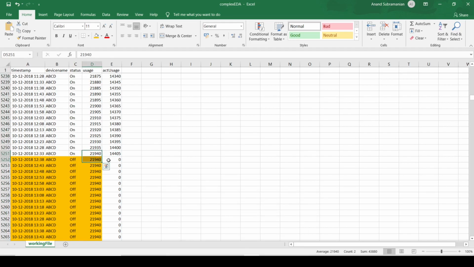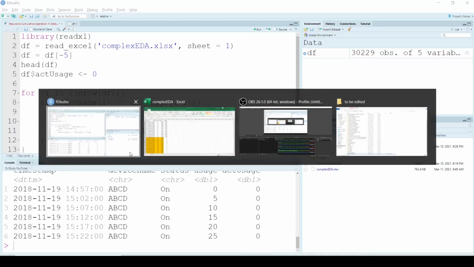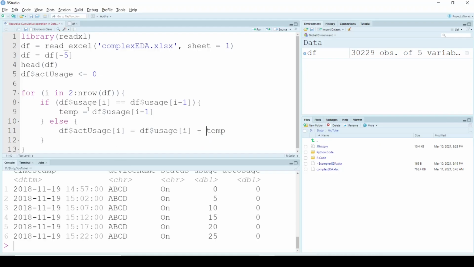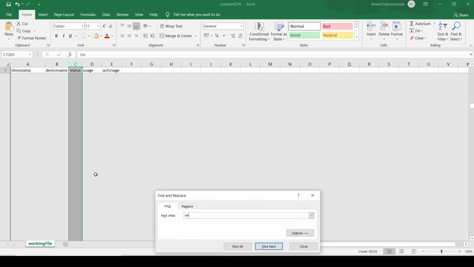So here both are the same, so it will retain 0 because we have already initialized actual usage as 0, and at the same time the temp value will be df usage I minus 1. So we are in the ith row, so I minus 1, actually both are the same, so we are going to maintain 21940 in the temp variable, so that once we go to the next condition,